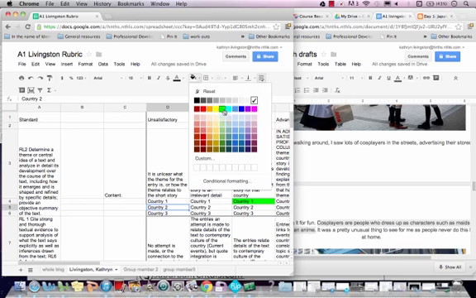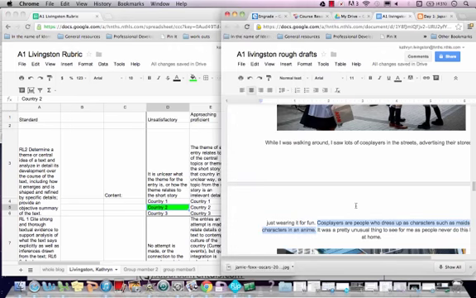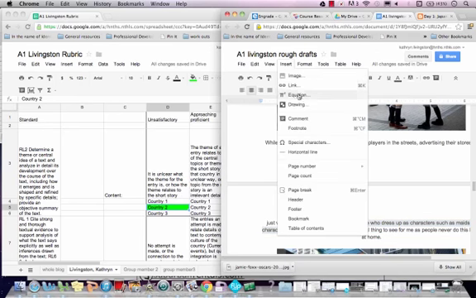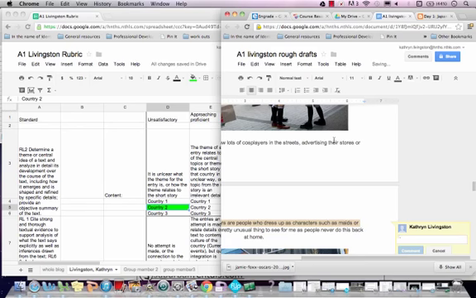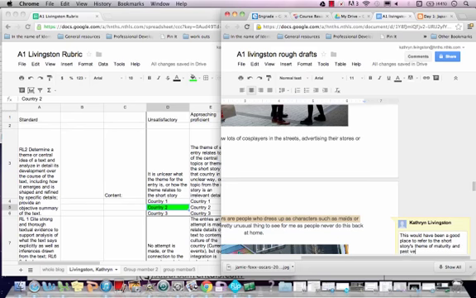I'll come in and fill in for country 2, green, unsatisfactory, and I'm going to insert a comment as well that says, this would have been. So now you're going to insert a comment, and this comment I said this would have been a good place